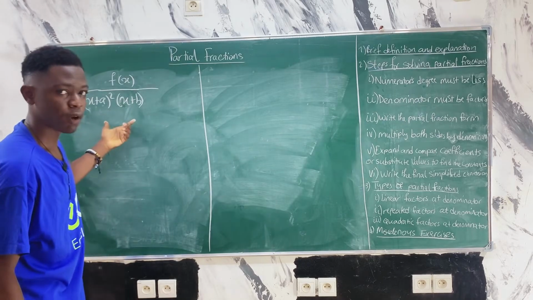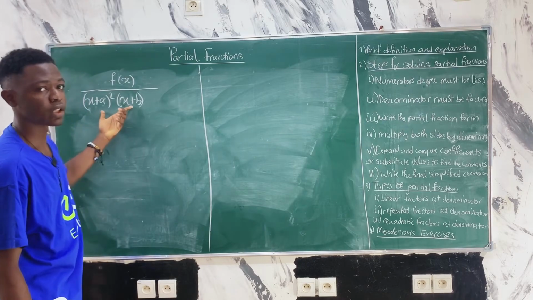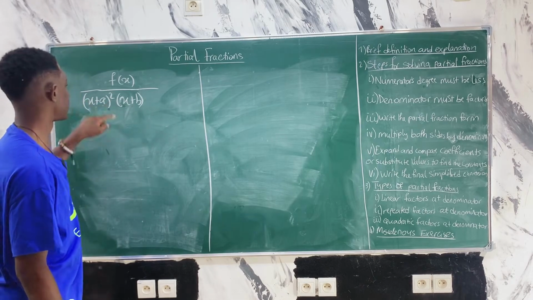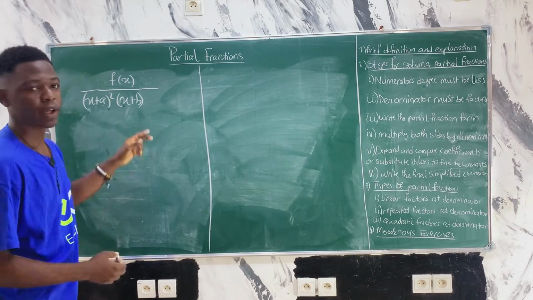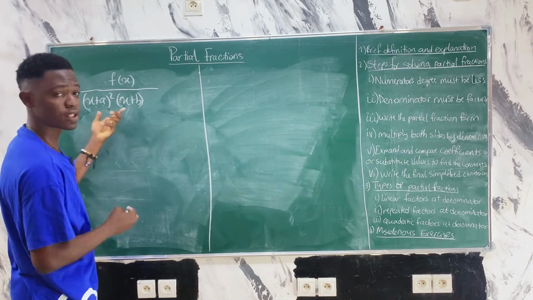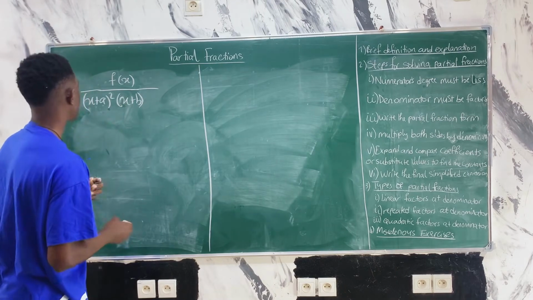This is a partial fraction with repeated factors in the denominator. You can see that this factor is repeated, it is squared. So when you encounter this type of partial fraction, the partial fraction form will be,